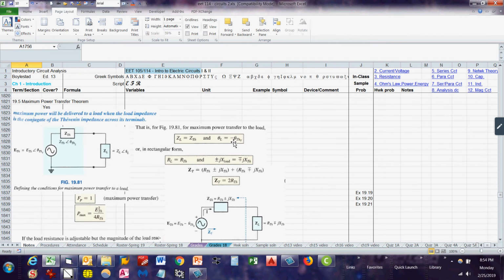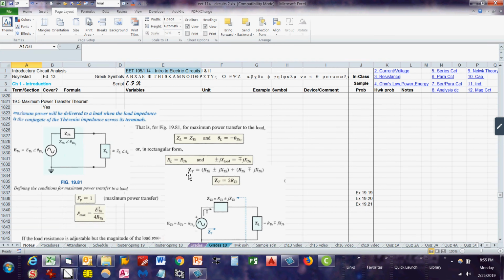inverse of the phase angle of the Thevenin equivalent impedance, or in rectangular form, RL equals R Thevenin, which is what we learned last time. That's the resistive component, and then plus or minus j times the reactance of the load equals minus or plus, the polar opposite of j, of the reactance of the Thevenin